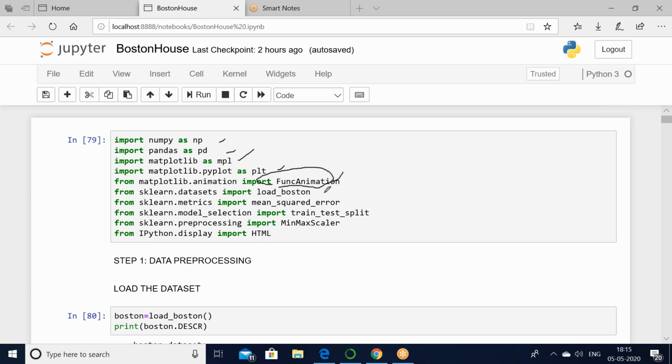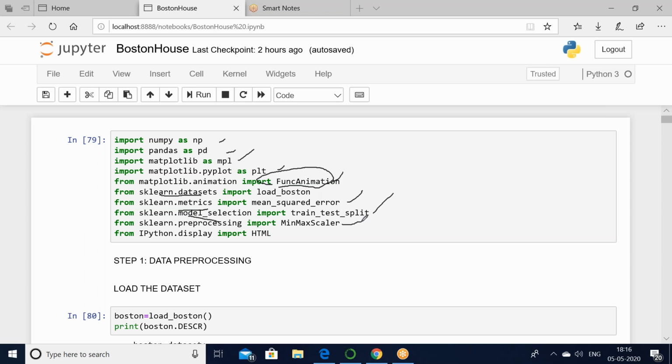Next we import the Boston data set from sklearn datasets, calculate the mean squared error from sklearn metrics, and divide the data set into the training and testing data sets by using sklearn model selection.